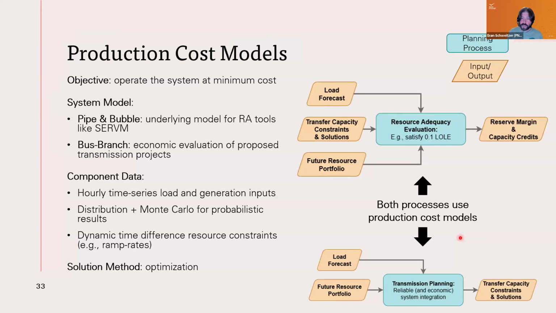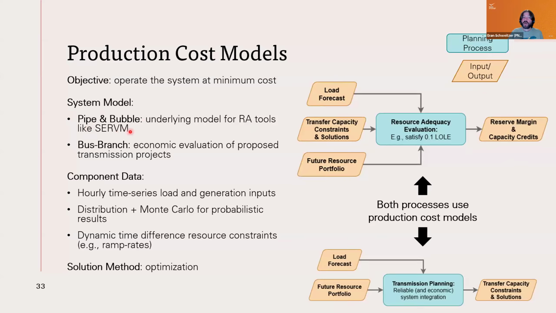Another model that you hear a lot about and that shows up in different places are production cost models. Juliet mentioned it as well. The objective of production cost models is to operate systems at a minimum cost. Now we can construct them in very different ways. So we have ones that have a system model that is pipe and bubble, and that is the underlying engine for a lot of these RA tools, like